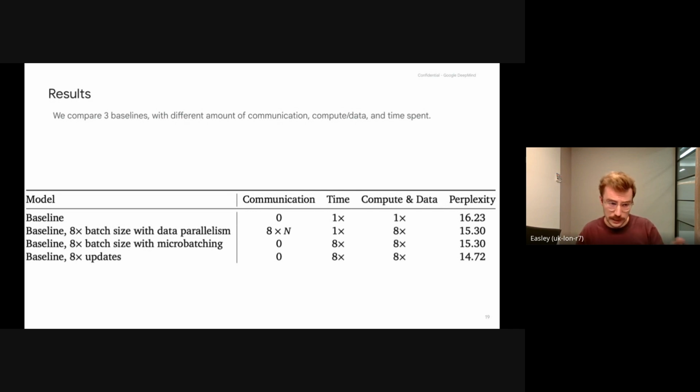Then we have another baseline where we use 8 times the batch size with micro-batching. In our case, with micro-batching, we can use a single device. Simply, we will do multiple steps of forward, accumulating the gradient without applying it. And once we did 8 backward passes, we can average all those gradients and apply them. So there is no communication because there's only one device. However, it takes 8 times longer because there is no parallelization, which is kind of harmful. And it uses 8 times the compute and data. And of course, it reaches the same performance as the previous baseline. However, because it has fewer devices, it doesn't parallelize and it's slower.